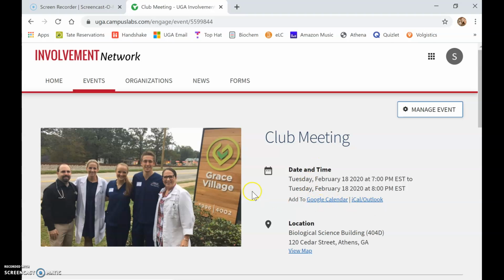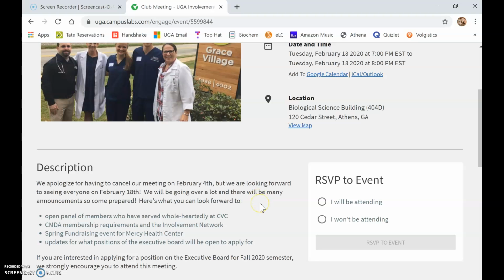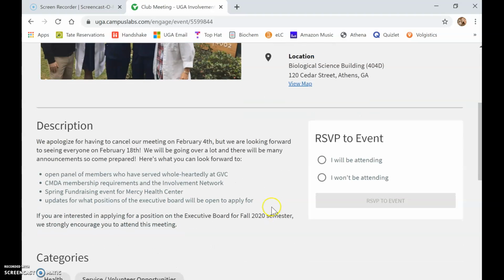You can add it to your calendars to remind you. Haley, for the secretary, her position as secretary is opening up this semester. So if you're interested in applying, please come to the executive meeting. But however, February 18th is our next club meeting, and just go ahead and